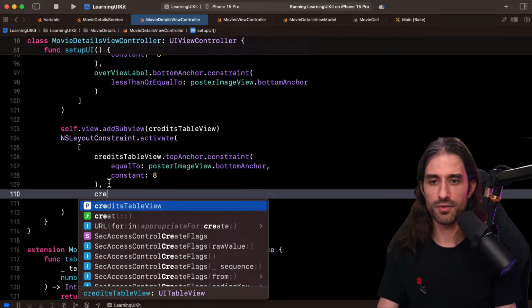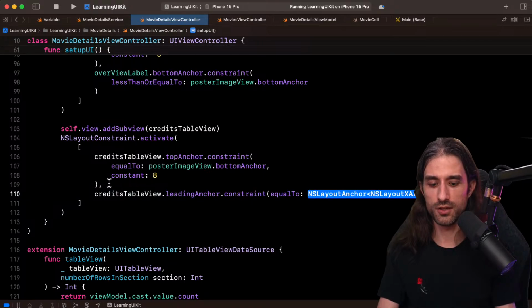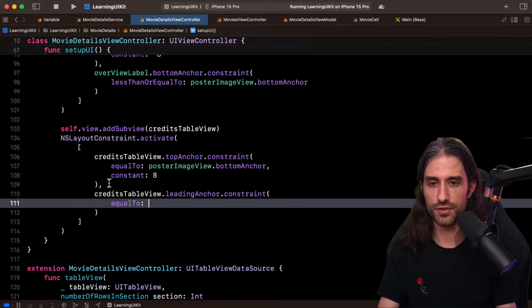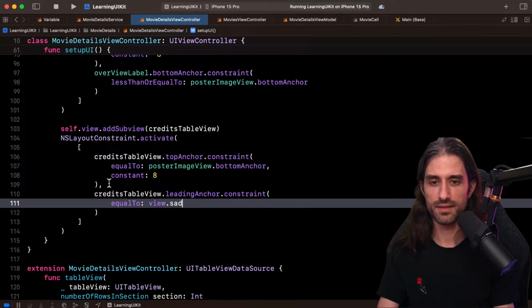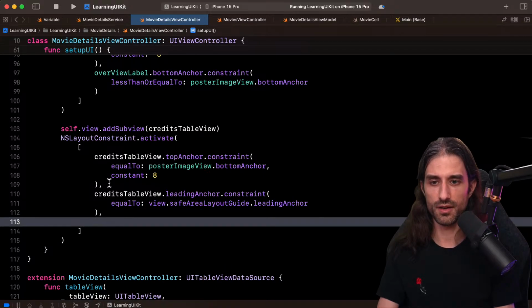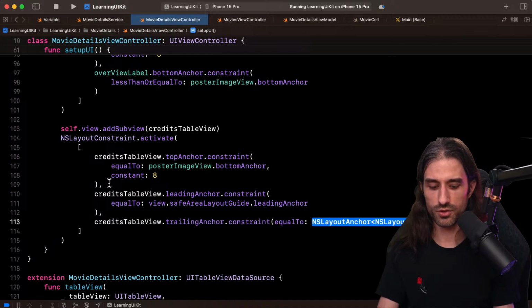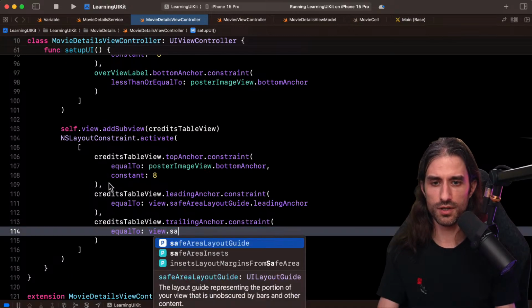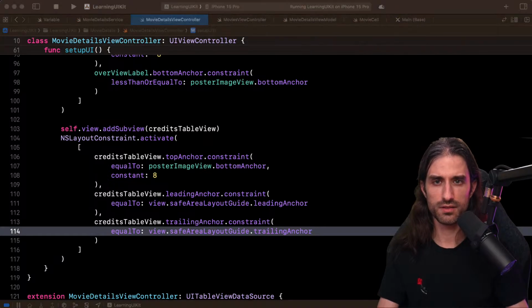Then for the leading anchor, I want to constrain it to be equal to view.safeAreaLayoutGuide.leadingAnchor. It's going to be the same thing for the trailing anchor. So constraint equal to view.safeAreaLayoutGuide.trailingAnchor. So like that.